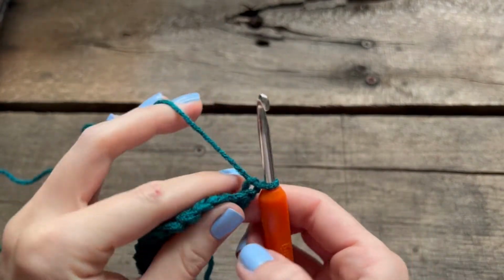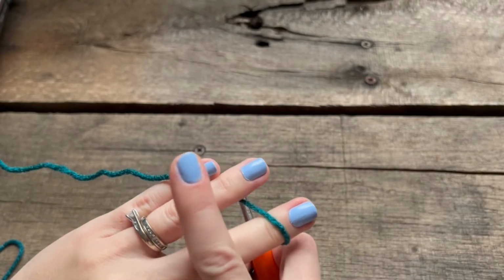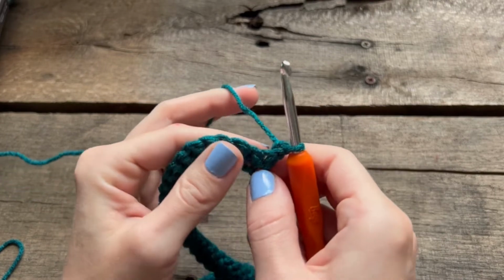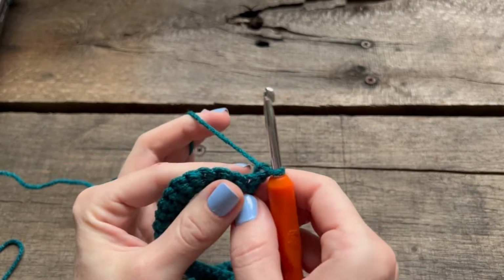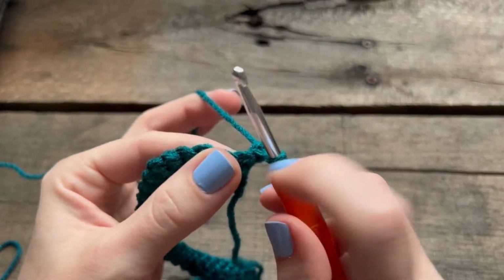So the way that I hold my yarn is over my middle finger, under my ring finger, and over my pinky. And that's why I wanted to do this tutorial, because nobody shows you how to do the loop stitch while holding your yarn this way. And I needed to know how to do that. So you're going to go into that very first stitch